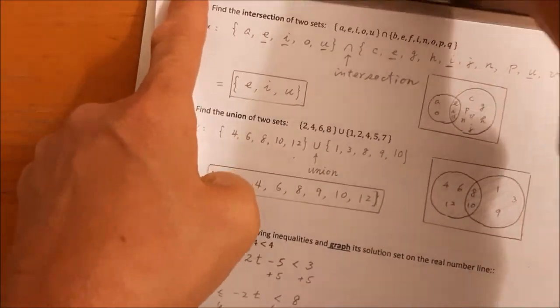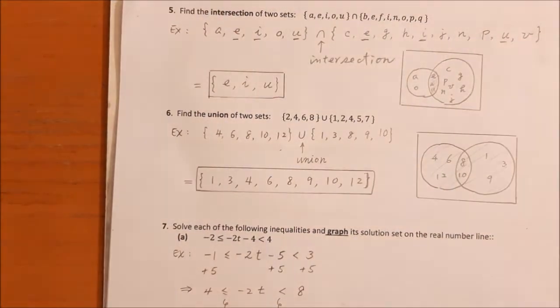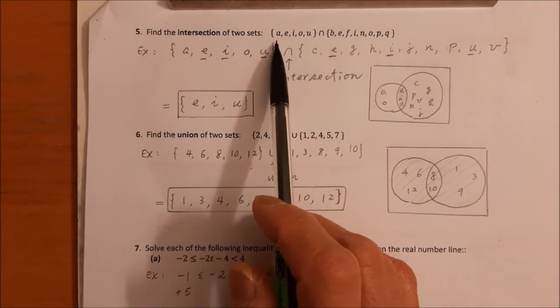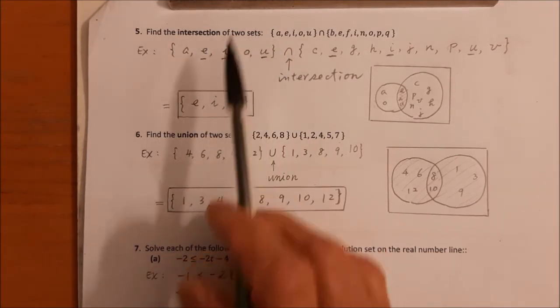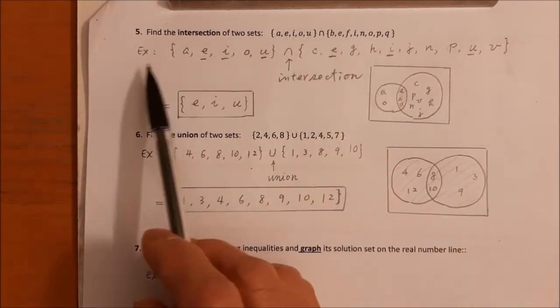The next question is about the operation of sets. Find the intersection of two sets. This is your homework question. Example,